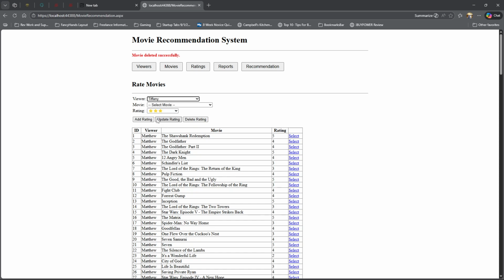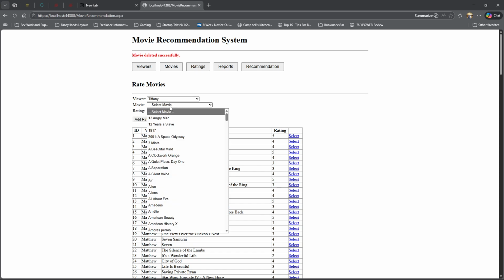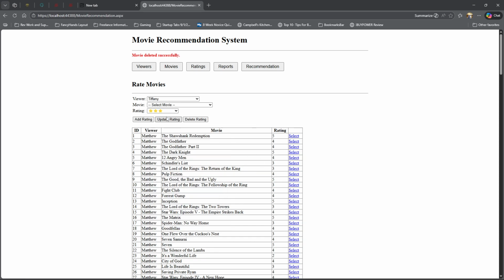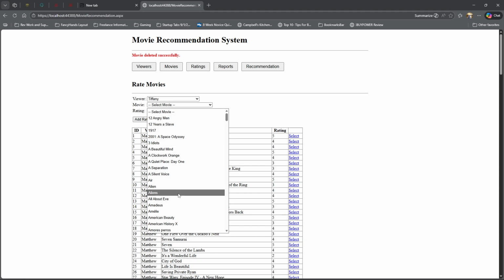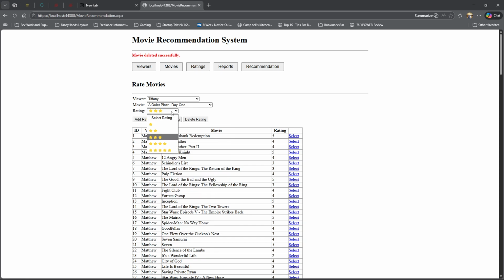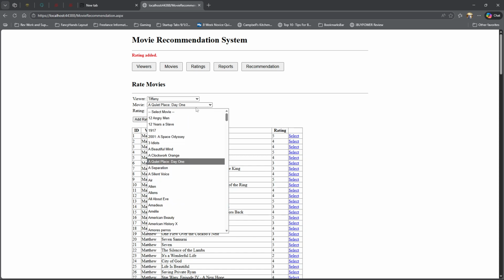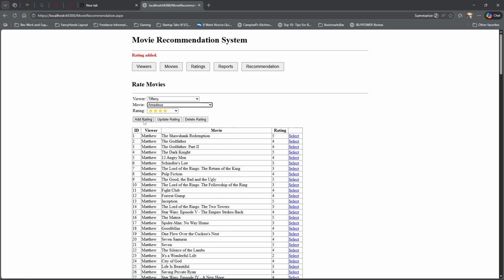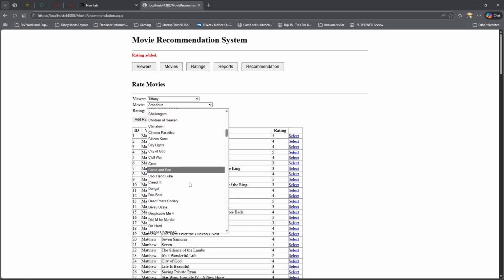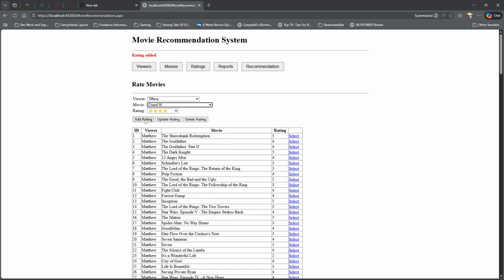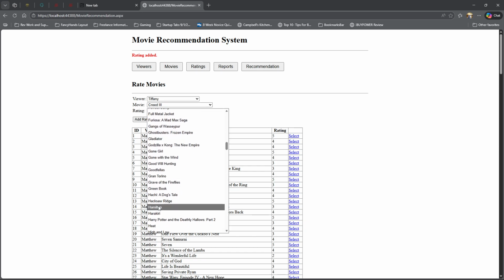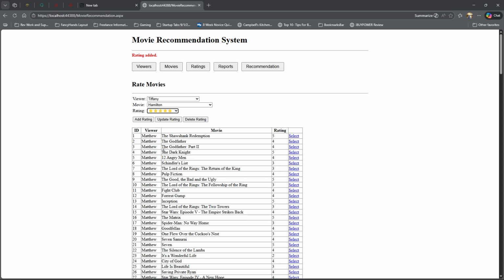So now I'm going to select Tiffany as a viewer. She needs to rank some movies. So let's go ahead and do A Quiet Place Day 1. I will give that a 4. And then we're going to go do Amadeus and rate that 4. Creed 3, give it a 3. Hamilton, give it a 5. All right, and then so